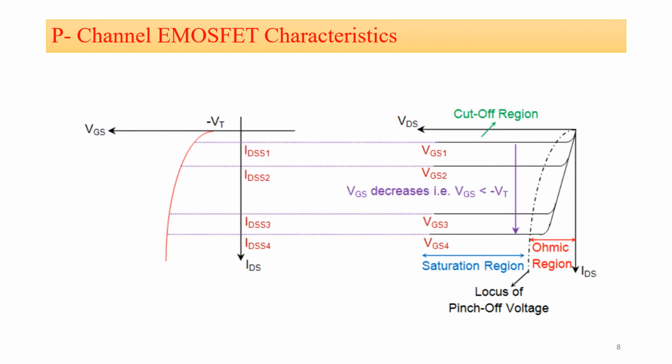Means when your VGS is negative and it goes on increasing, then our drain current starts to flow through the drain to source. And the transfer characteristics are exactly a mirror image of the N channel enhancement type of MOSFET, or N channel e-MOSFET. Now here the drain current, that is ID, remains 0 up to the voltage where VGS is less than VT, and increases as negative VGS becomes greater than the threshold voltage. Then the drain current starts flowing through the MOSFET. Means the working of your P channel e-MOSFET is exactly opposite to the working of your N channel e-MOSFET.